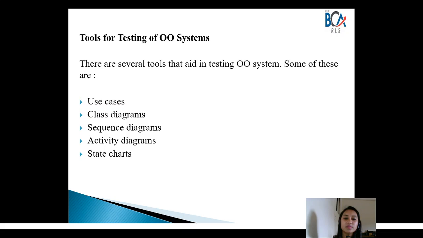And class diagram, it represents the different entities and the relationships that exist among the entities. A class is a basic building block of an object oriented system. So a class diagram builds upon the classes of the system, and there are a number of parts in a class diagram.